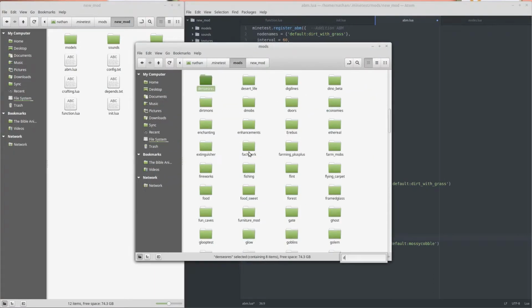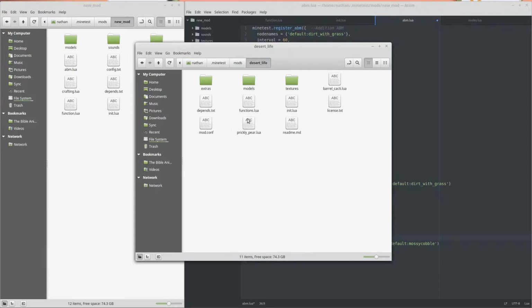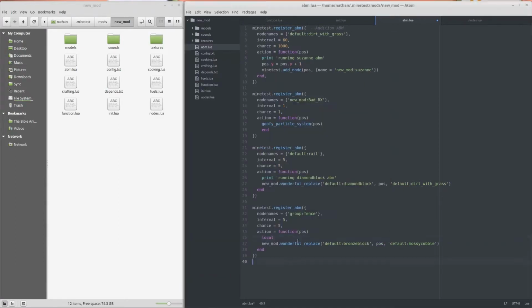I just recently learned about how to do this. It's kind of a lie, actually. I recently started doing it. I knew it was doable for quite some time, but only recently really how they worked, and I wrapped my mind around it. Okay, so I have what I need. Local node equals Minetest get node position. If node dot name equals default fence pine wood,